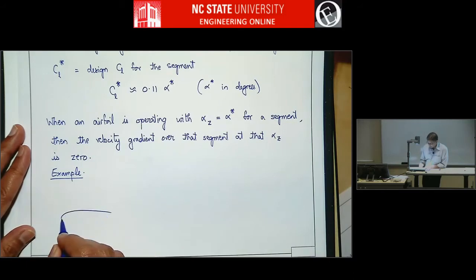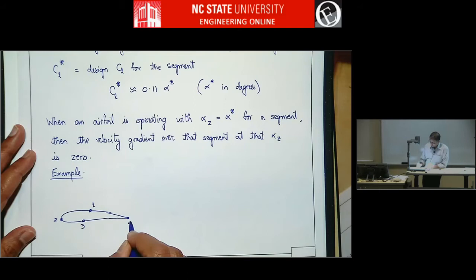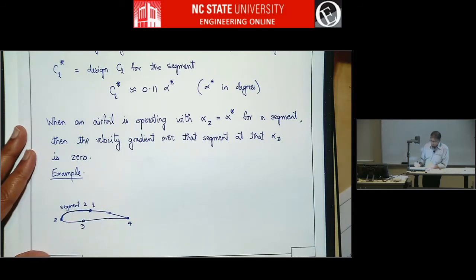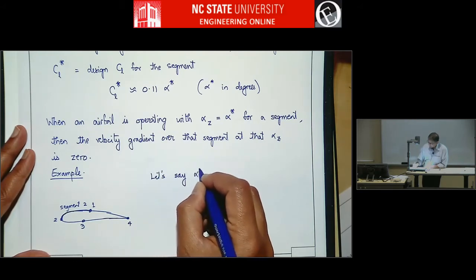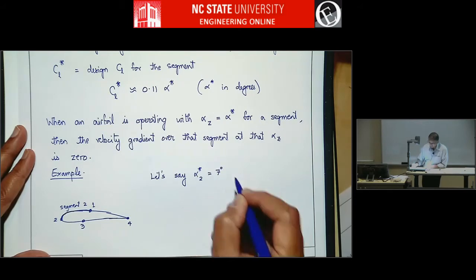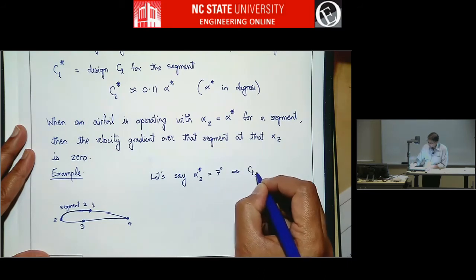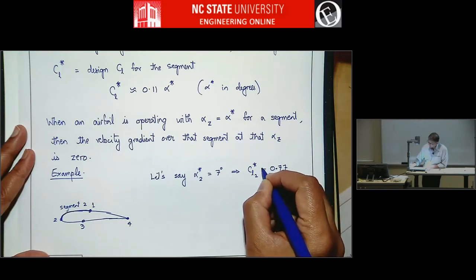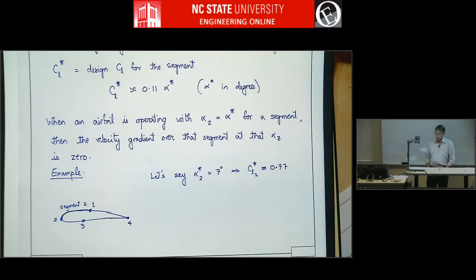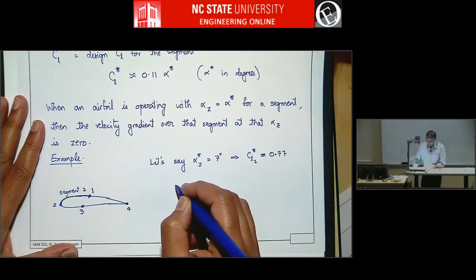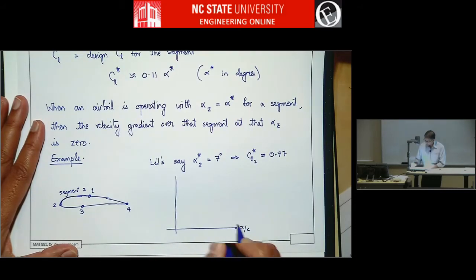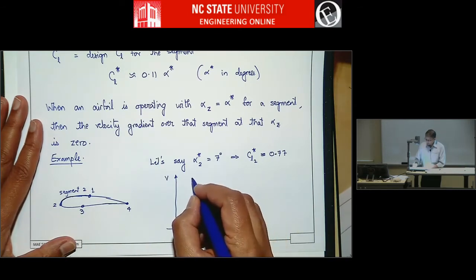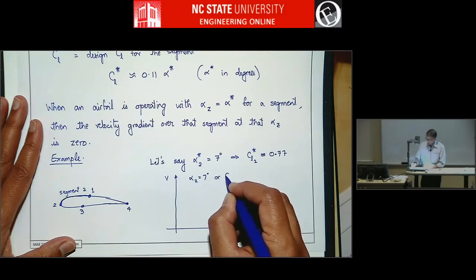let's say I'm just going to take a 4-segment airfoil just for convenience. So this is 1, 2, 3, 4. This is segment number 2. Let's say alpha star for the second segment is 7 degrees. That means CL star for 2 is 0.77. So let's say you have designed the airfoil like this with this segment's alpha star of 7. Then if you plot the velocity distribution or CP distribution for alpha z equals 7 degrees, or CL approximately 0.77,